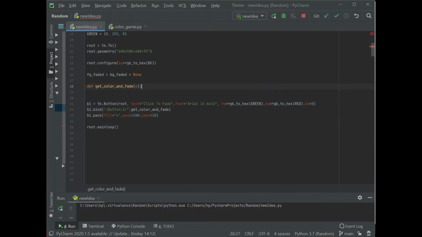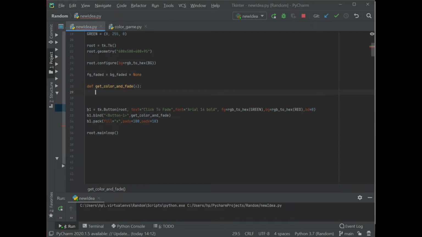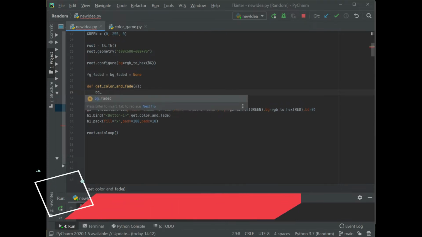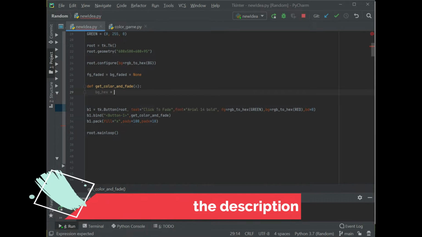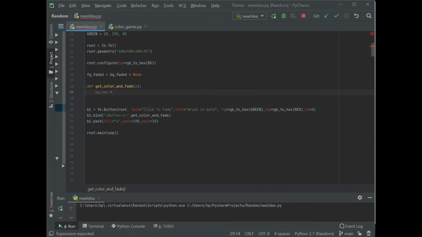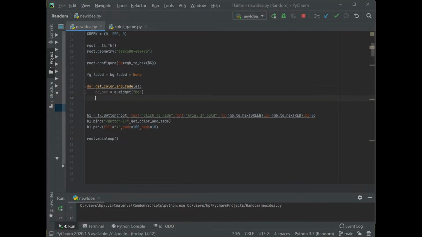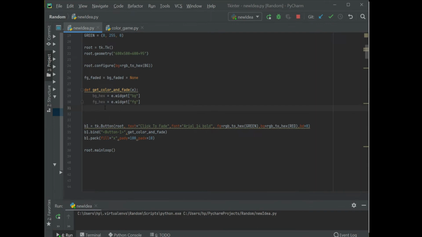That's it. And here in the get_color_and_fade function, we will extract the background and the foreground color of the button. So background_hex, since the button will give us the hex color, will be e.widget, and of this we are going to extract the background. And the same we will do with foreground: foreground_hex equal to e.widget, and it will be foreground. Now we will be converting this background and foreground to the RGB format.